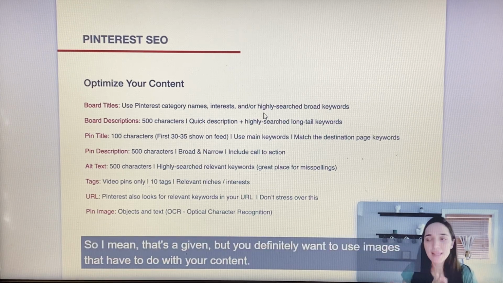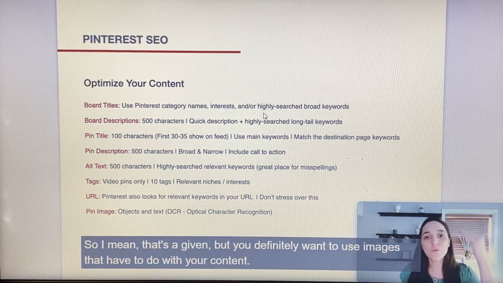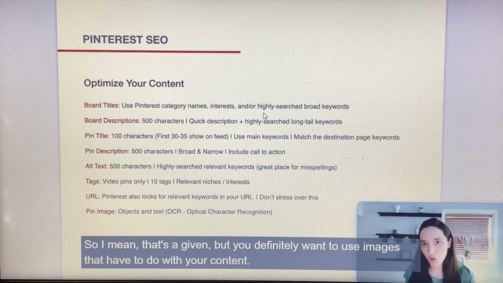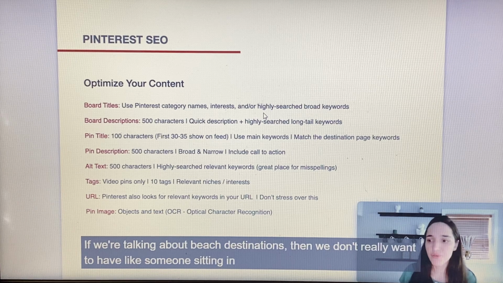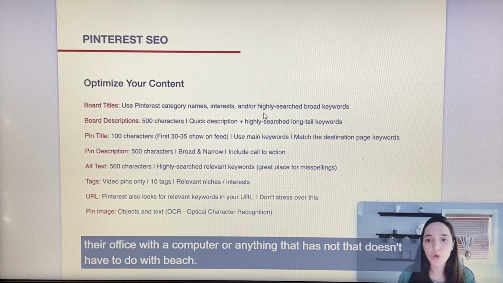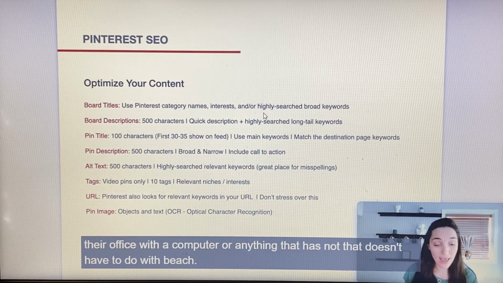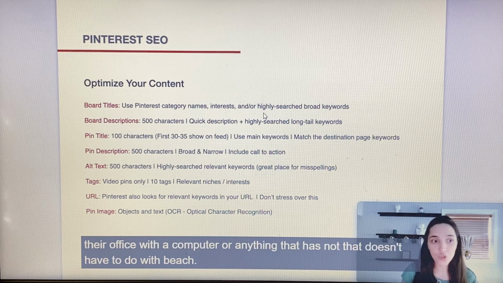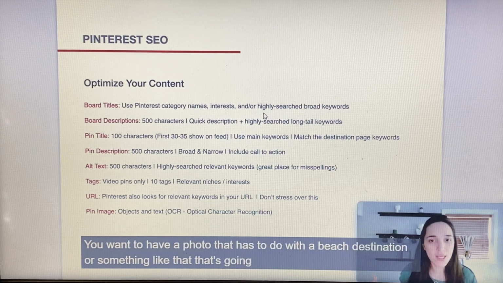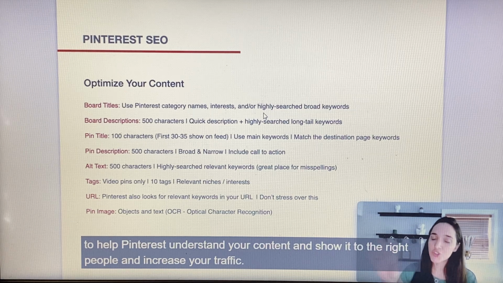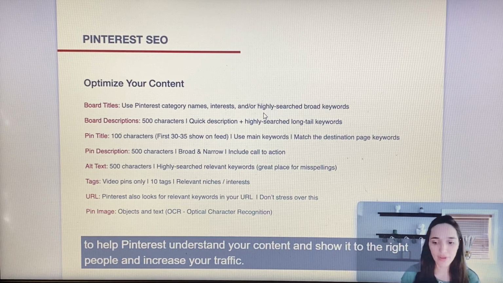So that's a given, but you definitely want to use images that have to do with your content. If we're talking about beach destinations, then we don't really want to have someone sitting in their office with a computer, or anything that doesn't have to do with a beach. You want to have a photo that has to do with a beach destination or something like that. That's going to help Pinterest understand your content and show it to the right people and increase your traffic.